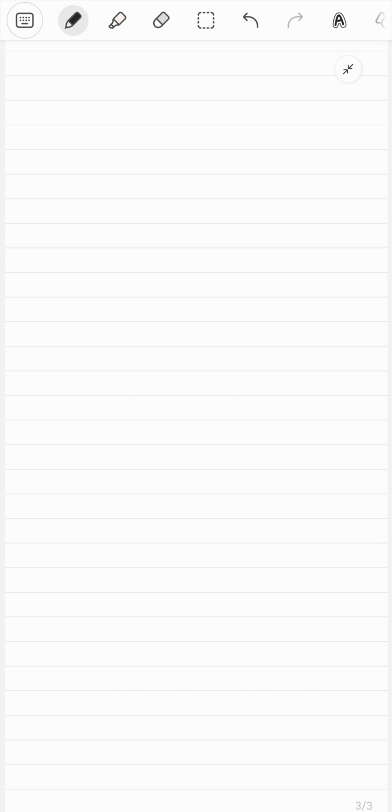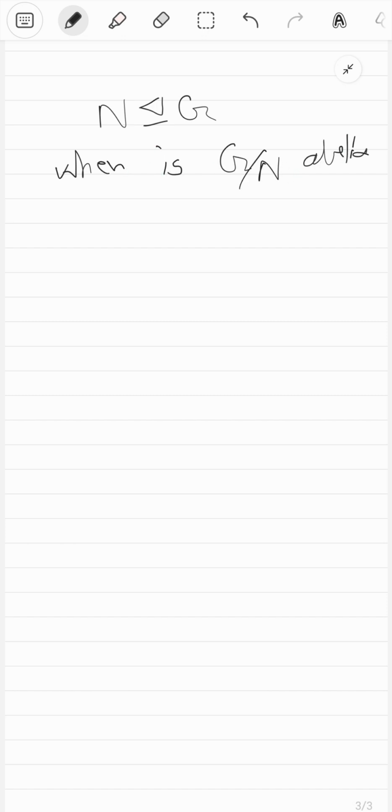So the commutator group emerges from a very simple sort of question: if you have a group G and a normal subgroup N, when is G by N abelian, right? That's the simple question. So if G by N is abelian, then you have some nice stuff happening. Firstly, you have the natural homomorphism, which sends stuff from G to G by N, right? And its kernel is